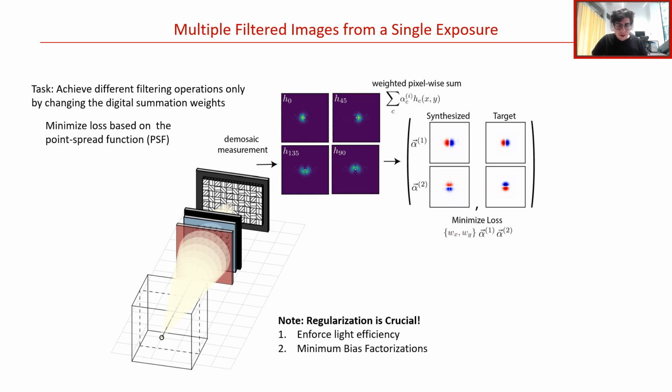Lastly, I want to highlight that a key part of solving this problem and a large part of this paper is directed to the topic of regularization, although I won't have time to go into great detail here. Besides enforcing light efficiency and avoiding the aforementioned case of light that gets scattered outside our simulation region, we also have to deal with something known as the minimum bias factorization. The idea is that finding a set of 4 positive point spread functions that can be added together to produce